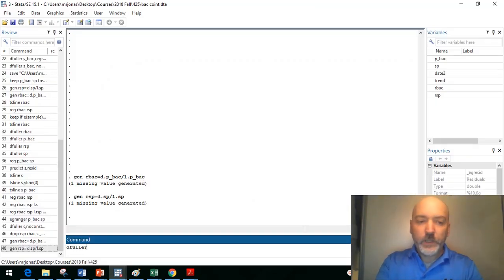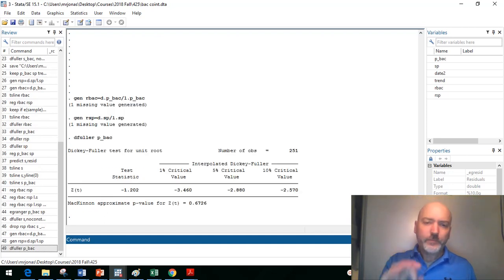So step number 1, let's use the Dickey-Fuller unit root test on the price level of our stock, BAC. I'm going to do it here without including a drift or a trend term. You generally want to verify your results by looking for robustness to specification. Here we'll just do the default Dickey-Fuller test. And we see we do not reject the null of a unit root, so check box number 1, the price level is non-stationary. Then we do the same thing on the difference,